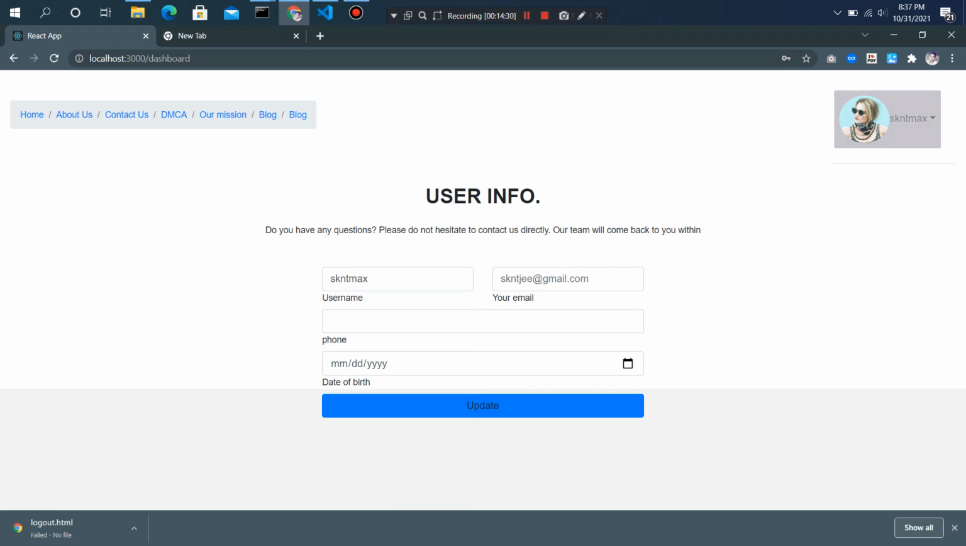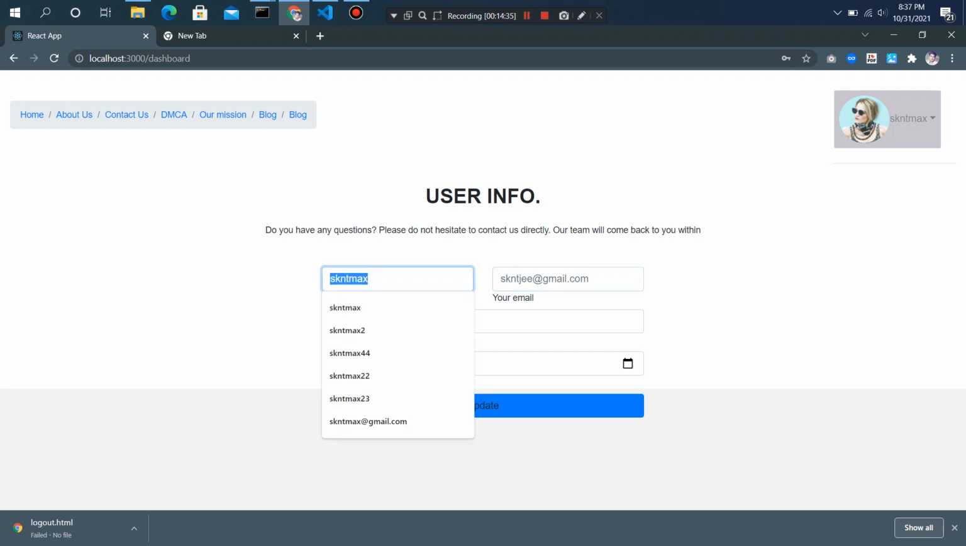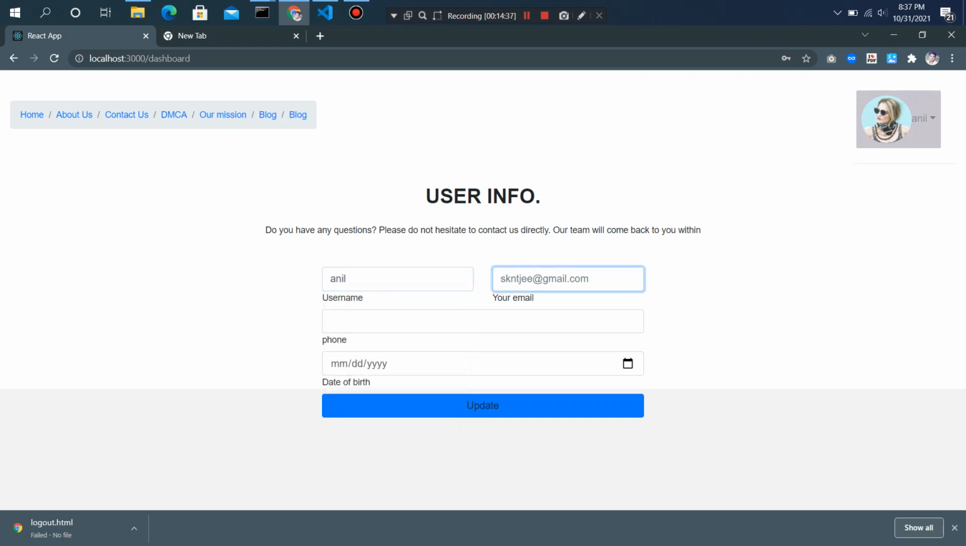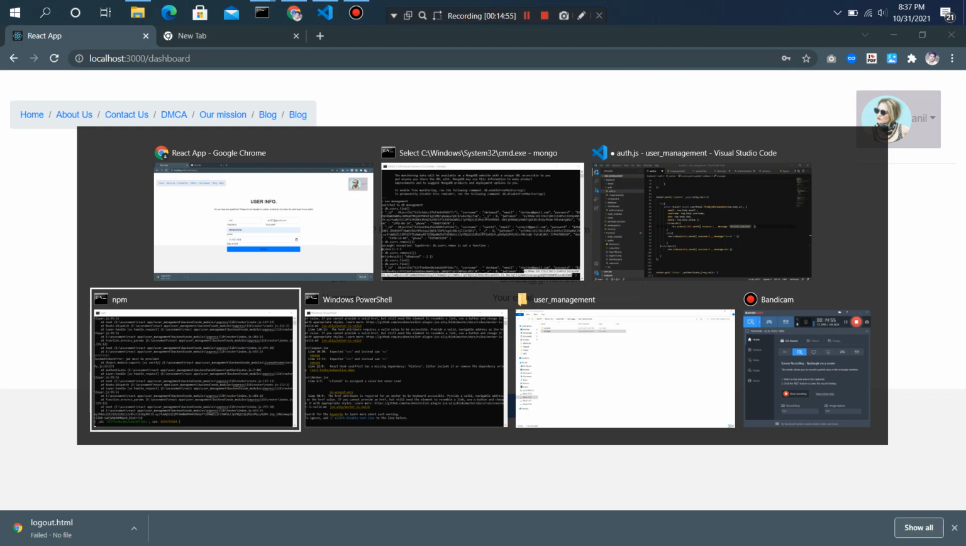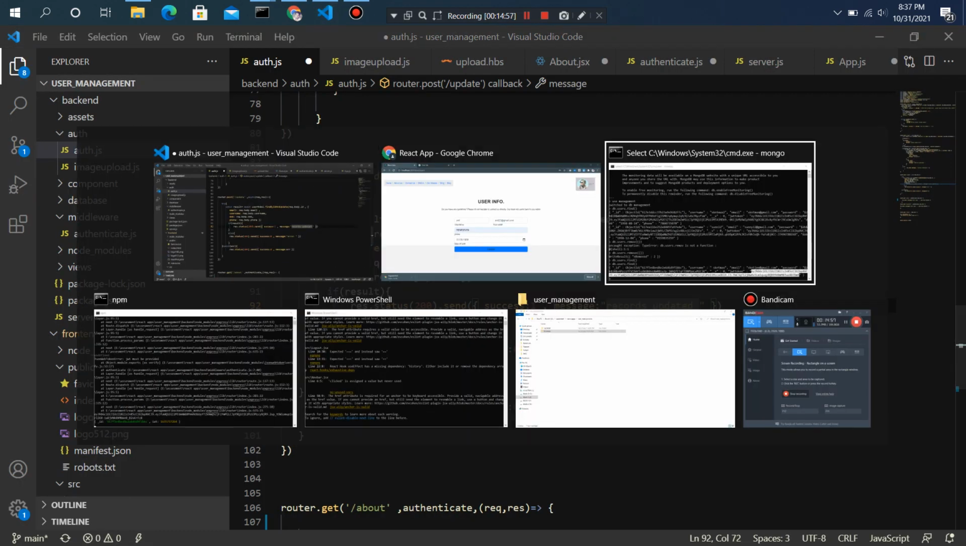So okay, let's move on from SKNT Max. I think we should go with Anil, and Anil22@gmail.com. For the mobile number, anything, something like that. 1998, and you just click on update. As you can see, records updated, and if we look at our query,